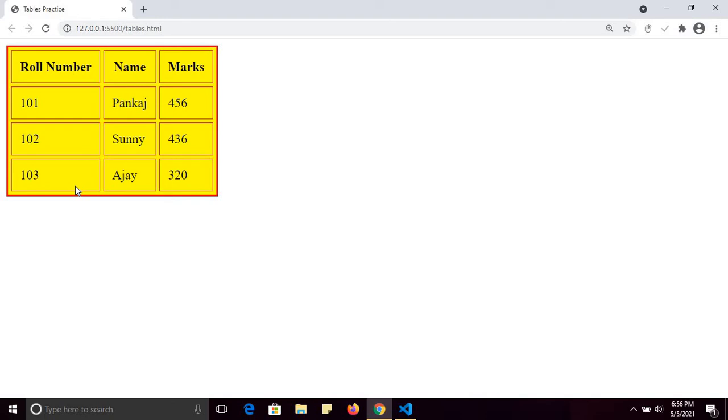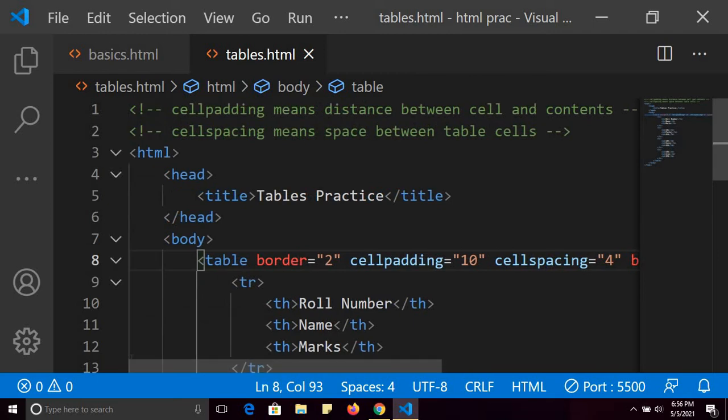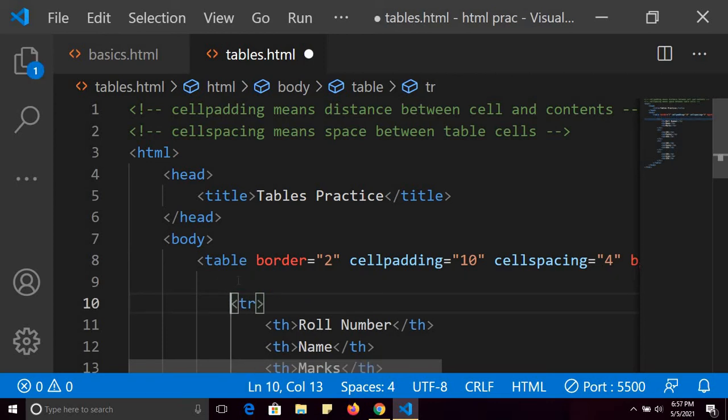Now I am going to use, so I will explain you col span and row span. So let me explain you col span first. Suppose I want to create a new row.